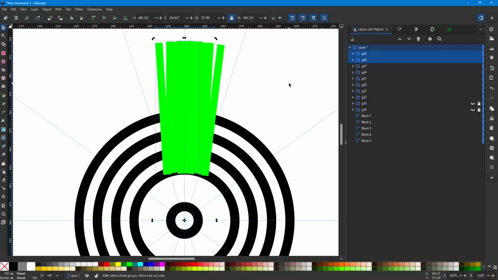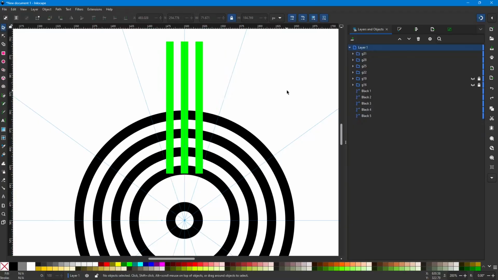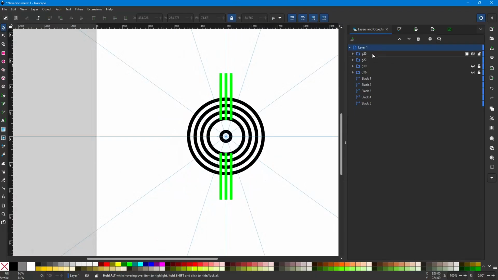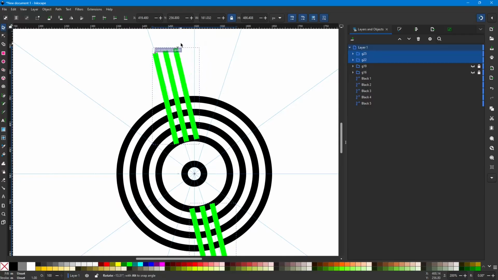So I'll tell you what, if you hit Control Z a few times and just back all the way up until we get here, let's take a little bit different approach on this. I need to go back one more time because I've got two there, so I'll back up until we have this. And I'm going to select both of these. Alright, so before we start copying them, let's set this bottom one to where we want it over here. So let's drag this over here so that the center